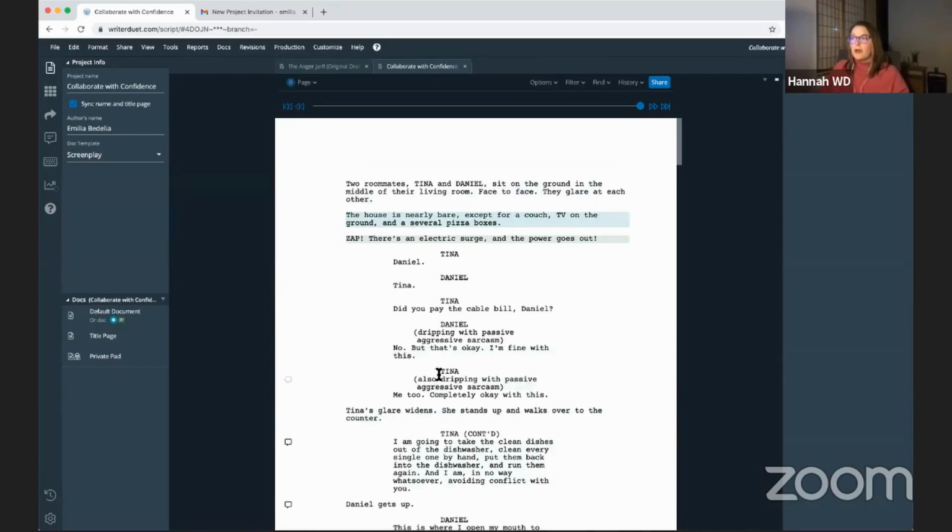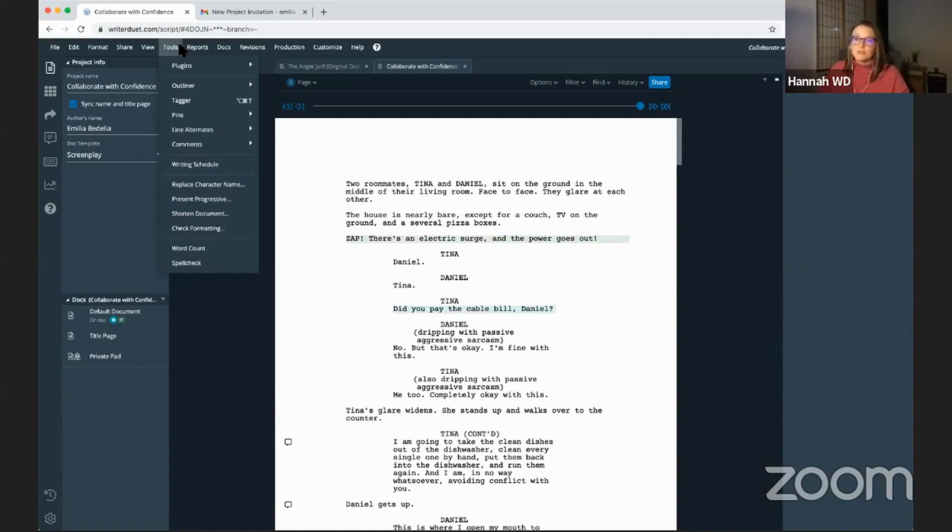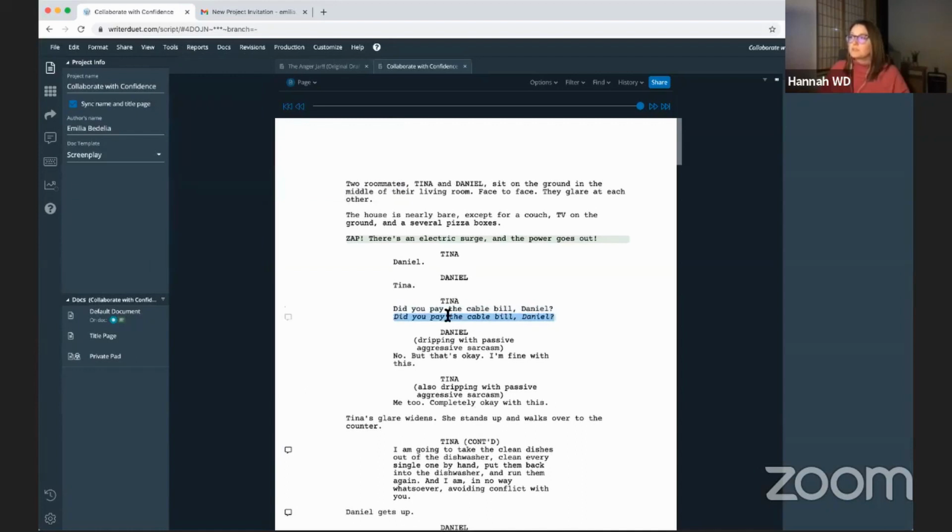The other option you have is if you think that you want to change a line, but you're not quite sure, and you maybe want to leave it there to think about it a little bit more, or you want to see what your collaborators think about it, you can do the line alternates option under the tools menu. So go to tools and go to line alternates, and you can say create line alternate. So it's going to copy the line as it exists, and then you can go in there and you can say